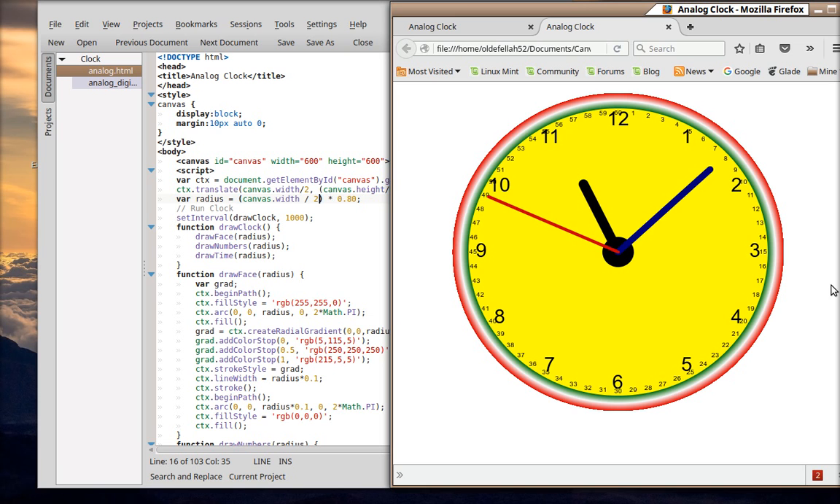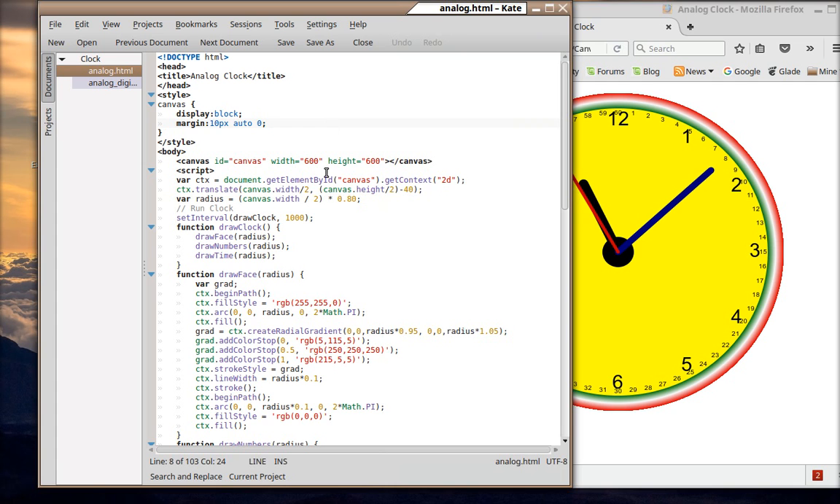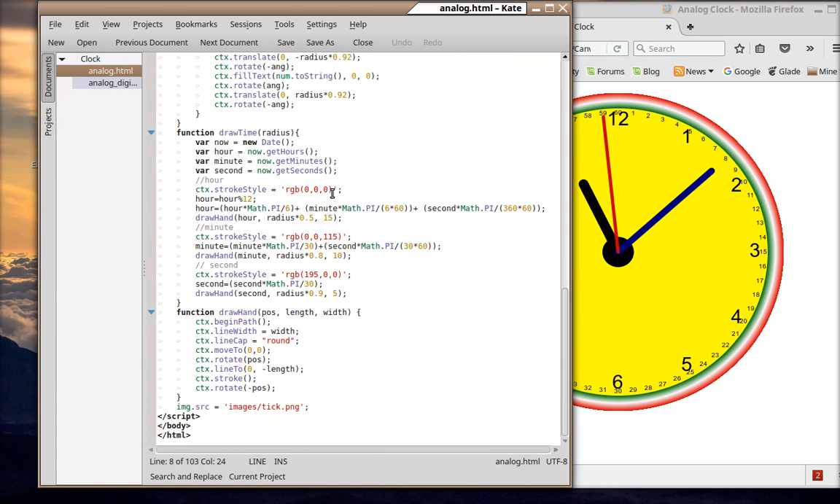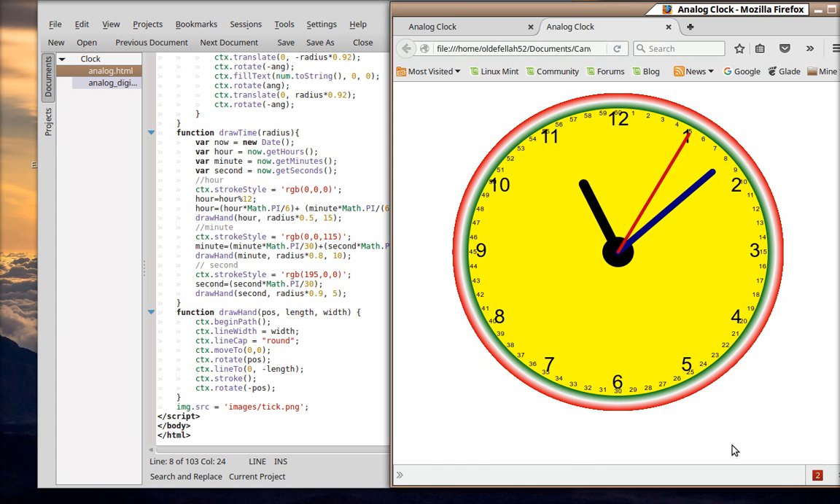So here we are back over at the canvas clock, analog clock. That's what we were left with. This is the script that we worked with before, and what we're going to do now is add a digital display down here. Okay, so to do that we'll just create another function and put it in that spot